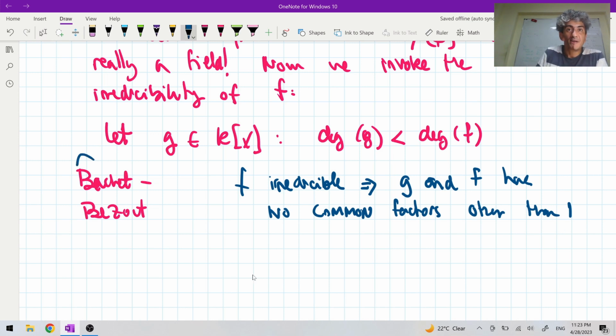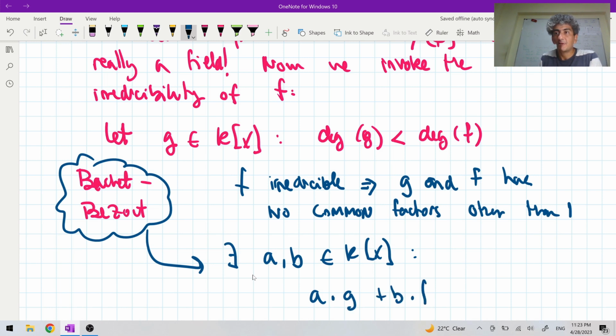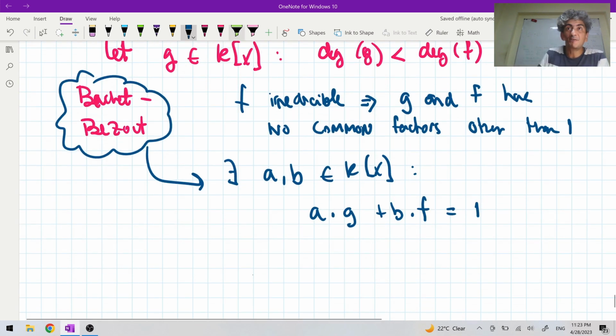And now the Cauchy-Bézout theorem for polynomials says that there exist a and b, polynomials in K[x], such that a times g plus b times f equals the polynomial 1. And this is an identity